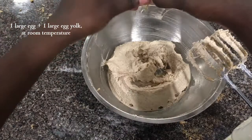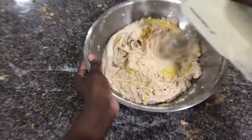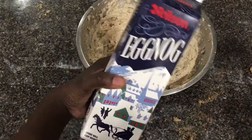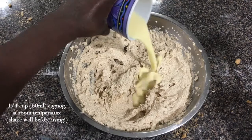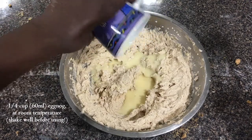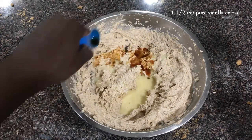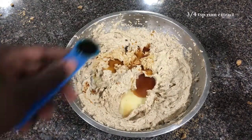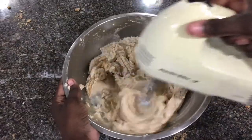Then add in 1 large egg plus 1 large egg yolk and give it a quick mix. Add in a quarter cup or 60 milliliters of eggnog and make sure to give it a good shake before adding it in so it's nice and thick. 1.5 teaspoons of vanilla extract and 3/4 teaspoons of rum extract and continue to mix it on medium speed until